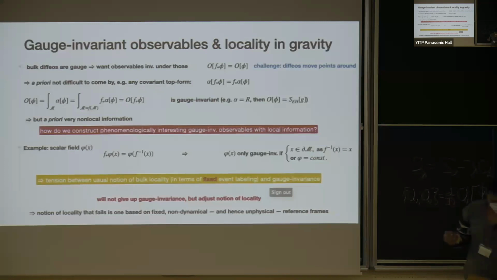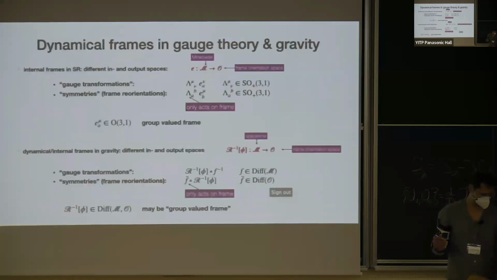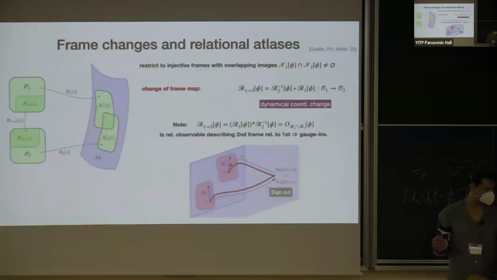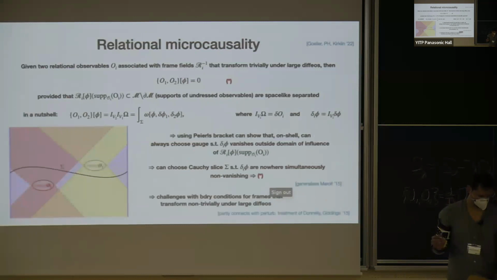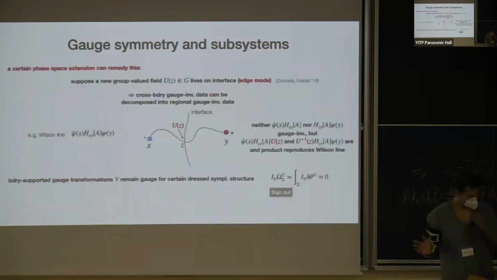Yeah. So sometimes people mean different things when they talk about edge modes, and maybe I should clarify again what I meant by it. Edge mode here, I meant really in terms of the new dynamical degree of freedom from the point of view of the subregion, that is not gauge invariant by itself, like this U that is the dynamical frame. But sometimes people call the charges that you compute on the boundary using those dynamical frames edge modes, where the charges themselves are, however, gauge invariant. So these are two different things.